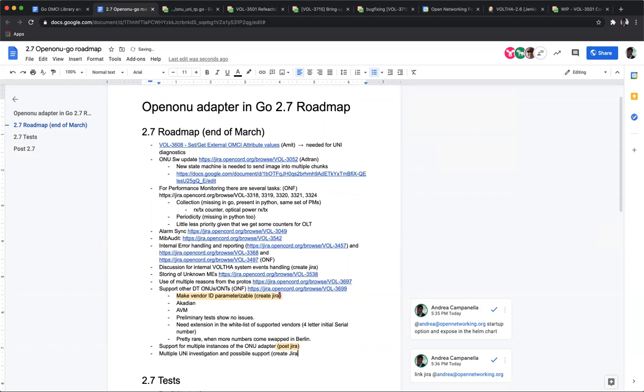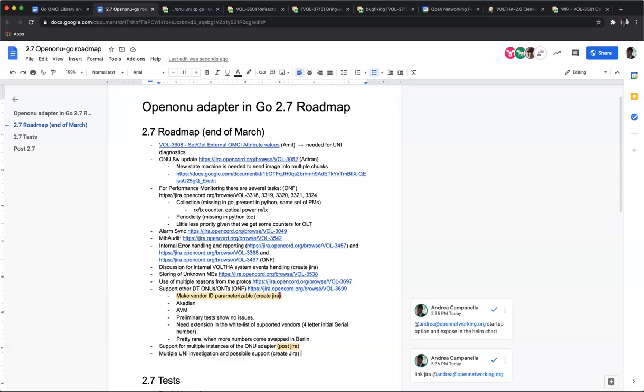Okay, so let me do this. I'll put it under an investigation. We need to understand how much that's going to entail, because that's something that we didn't have in the Python version, and I believe we might need to look into things for getting that done. And let's see if there is time, we can get it in, if it's not too much work.